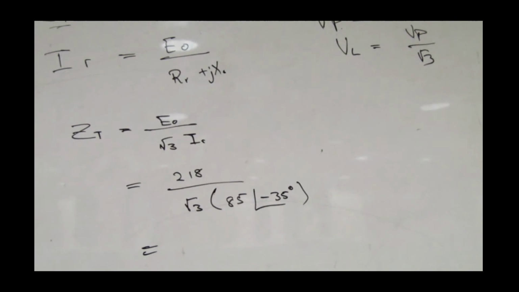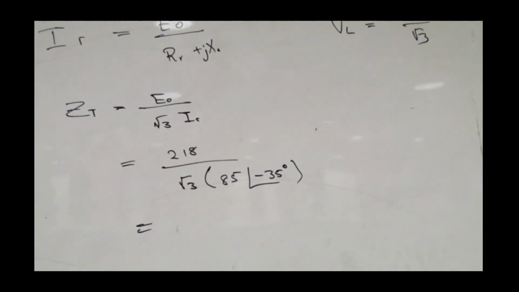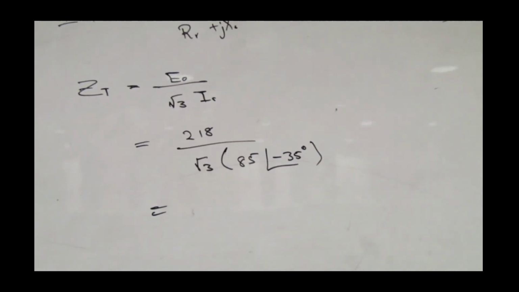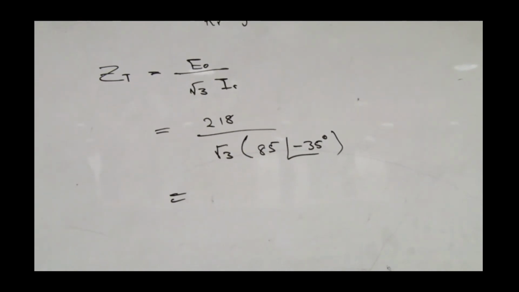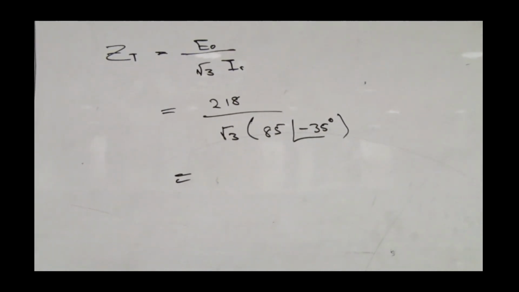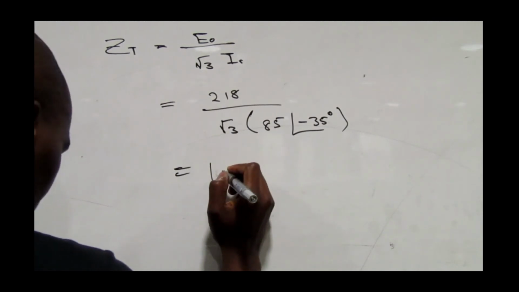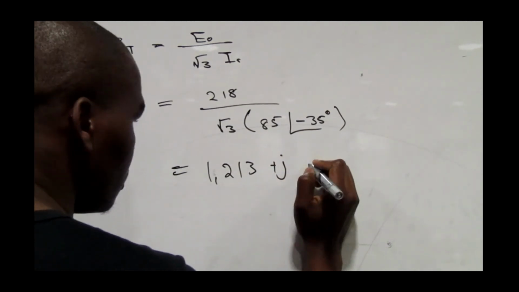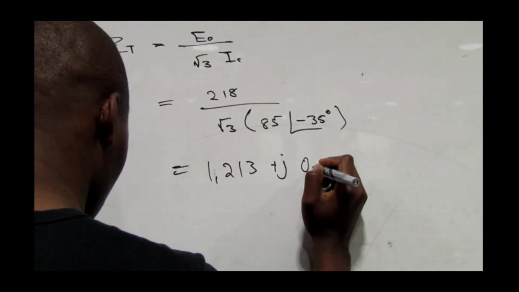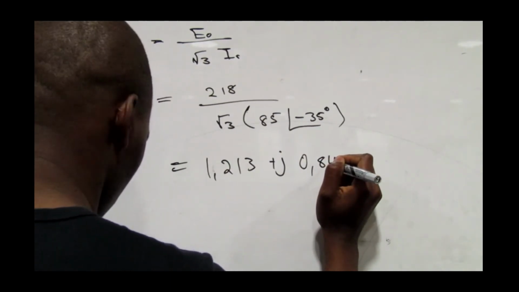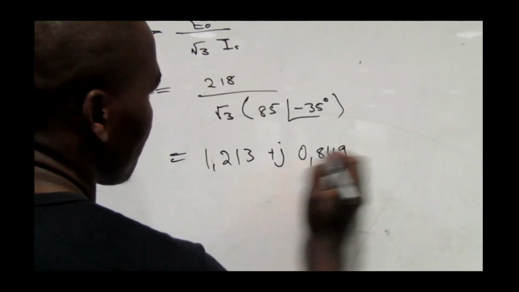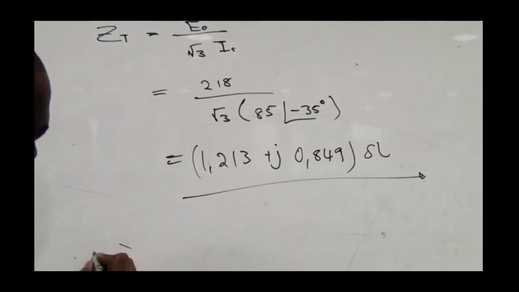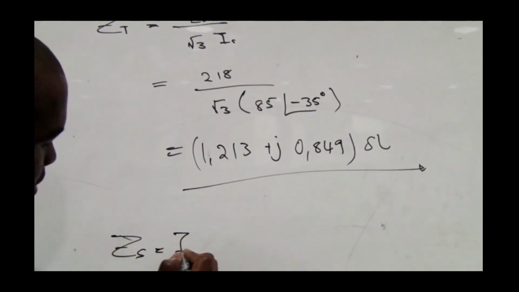And then our answer is 33 times 35, that is 1.213 plus j0.849 ohms. This is our Z total, and then to find the Z series is going to be Z